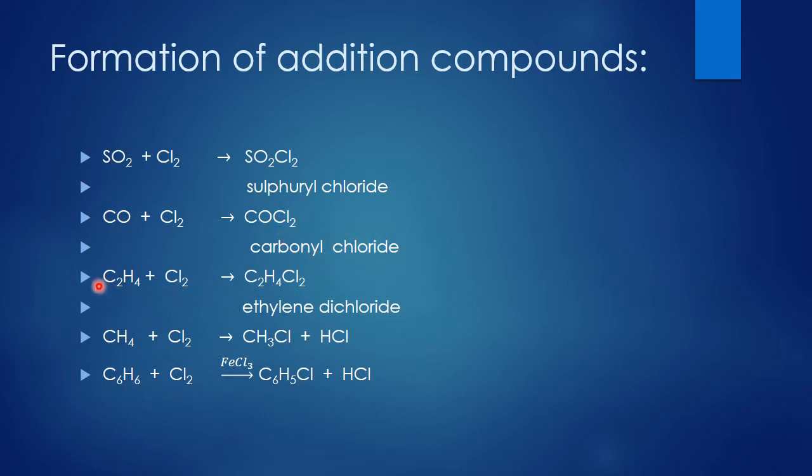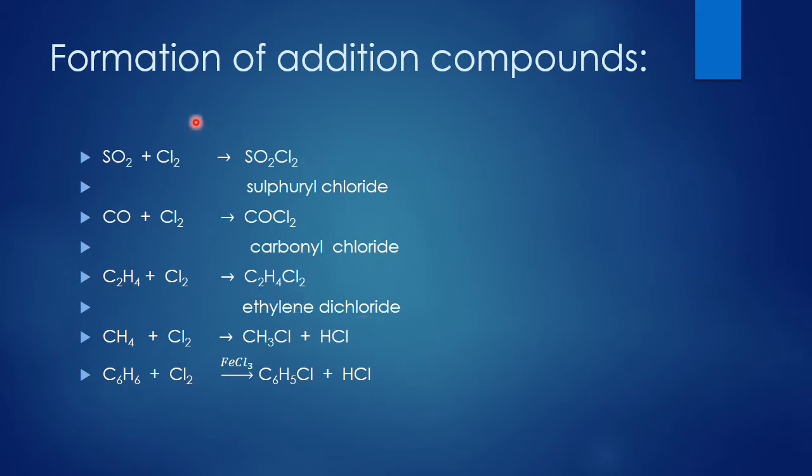The other one here, ethene, that is CH2=CH2, or you can say it is C2H4. So the IUPAC name is ethene, or the common name is ethylene. To ethylene, when chlorine is added, it just gets added, the double bond breaks, out of two bonds between carbon and carbon, one bond breaks, and the chlorine will go on to join at both the carbons. So you get the product CH2Cl-CH2Cl. That's C2H4Cl2. The name is ethylene dichloride.